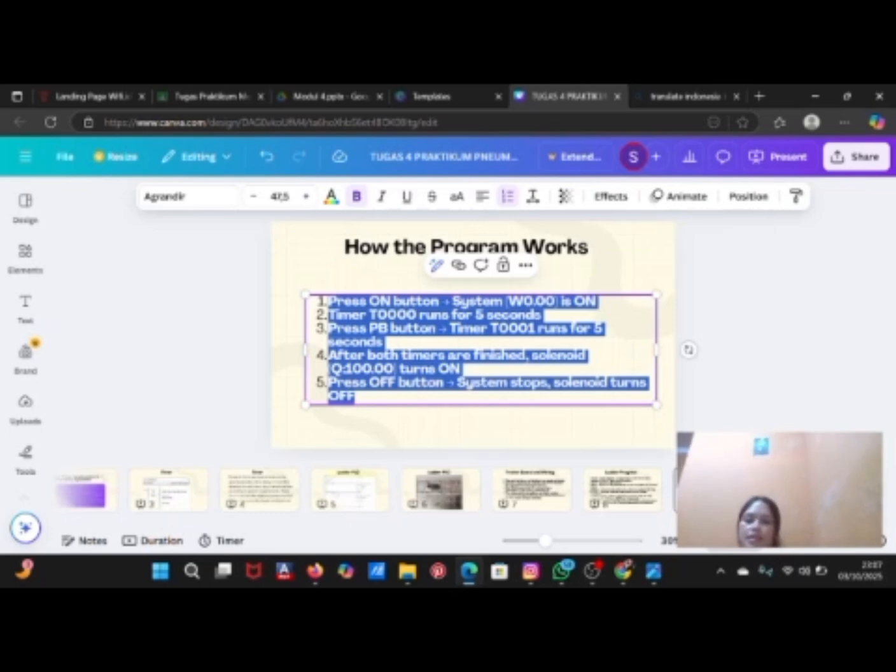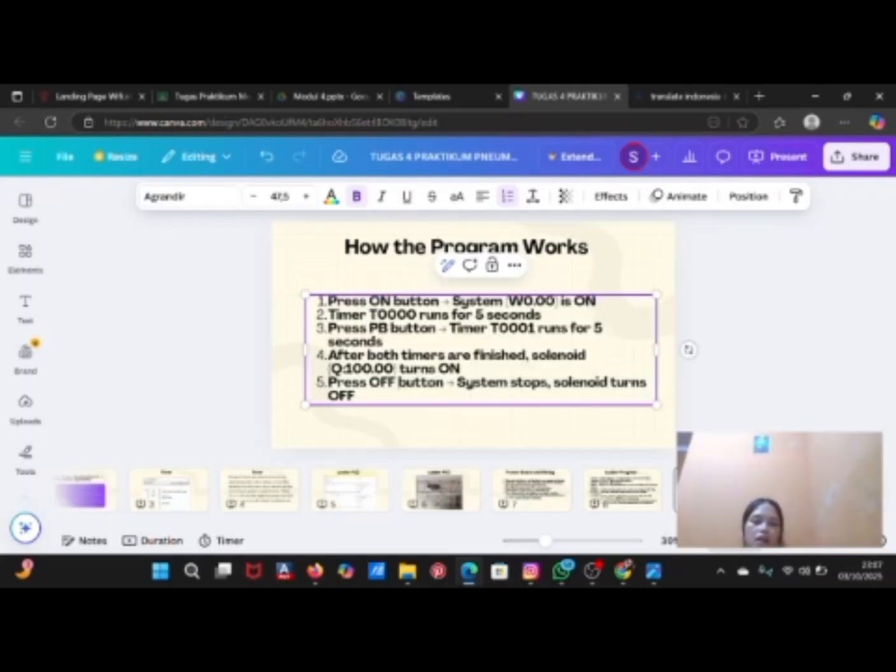System is the internal relay or flag for system on. Timer runs for 5 seconds. Press the push button. Timer runs for 5 seconds. After both timers are finished, solenoid 100 turns on. Press the off button, the system stops and the solenoid turns off.